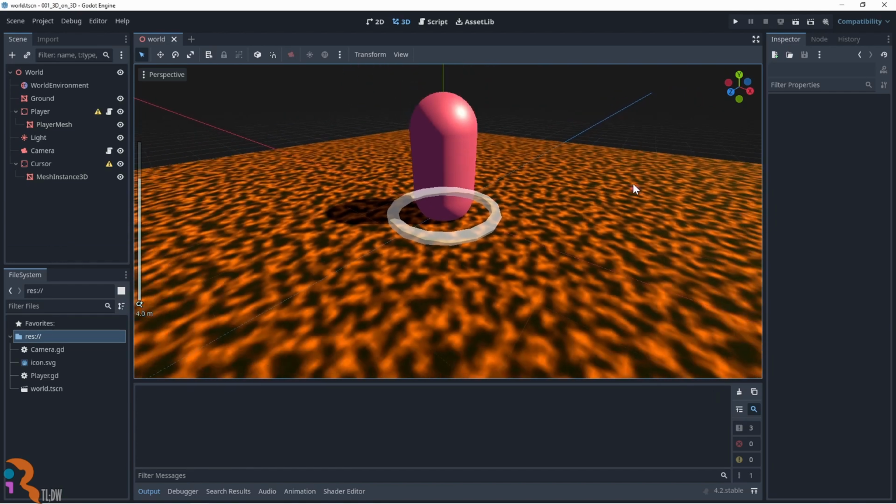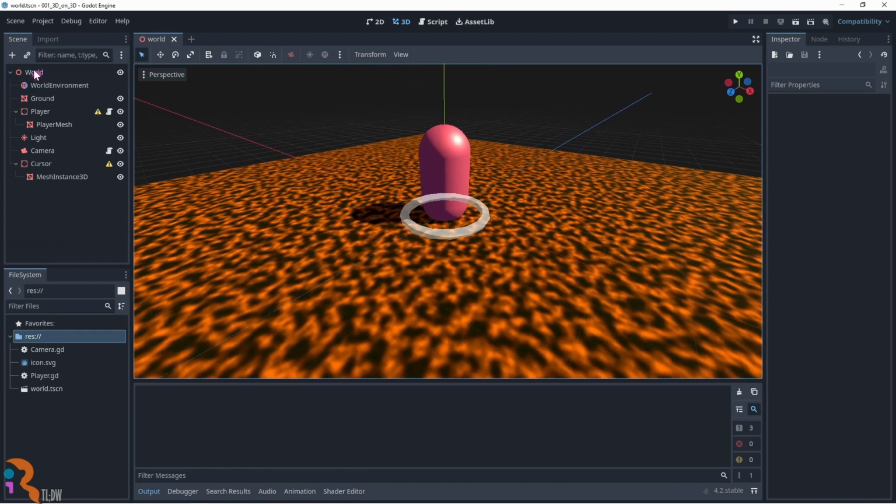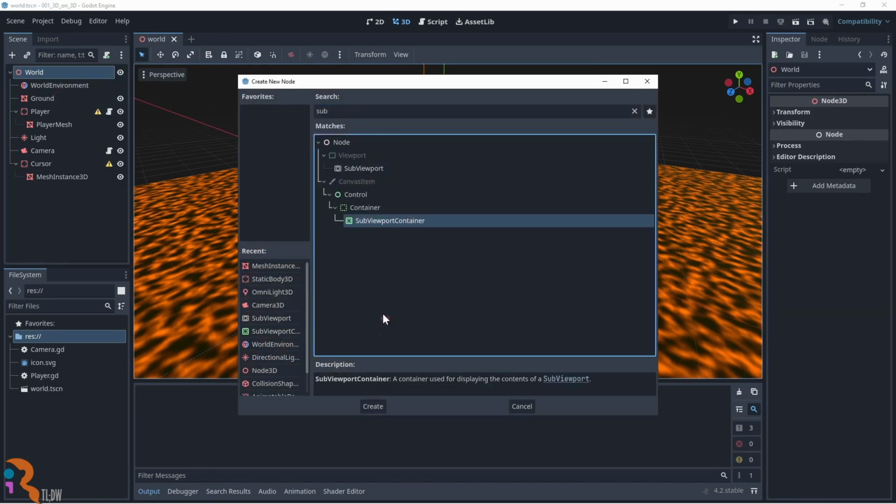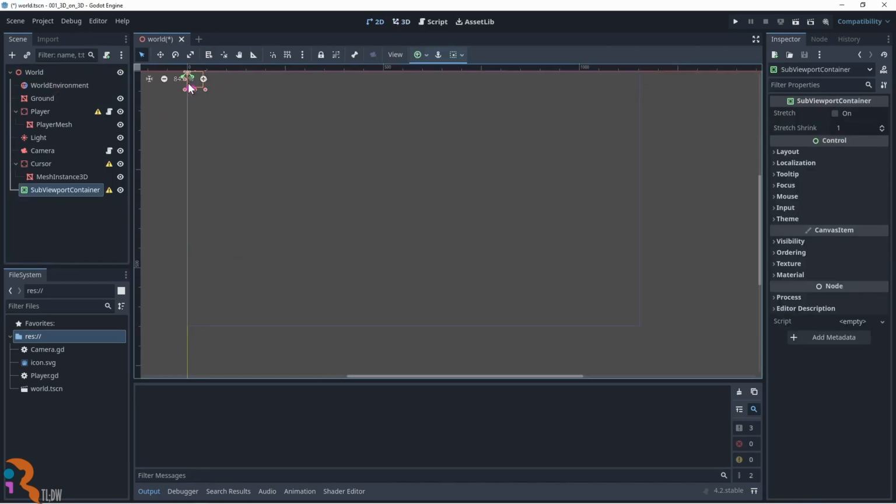So, I move everything to a subviewport inside a subviewport container, in order to make sure it always covers the whole screen.